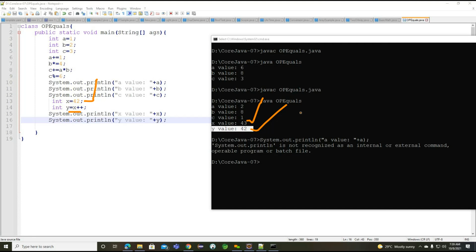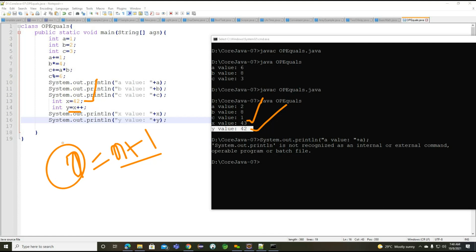Now what we need to understand is how we provided the expression. Now if you see, x++ is equal to x = x + 1. Whatever x value we have, we are incrementing it by one and assigning it again into x. We are not assigning into y.